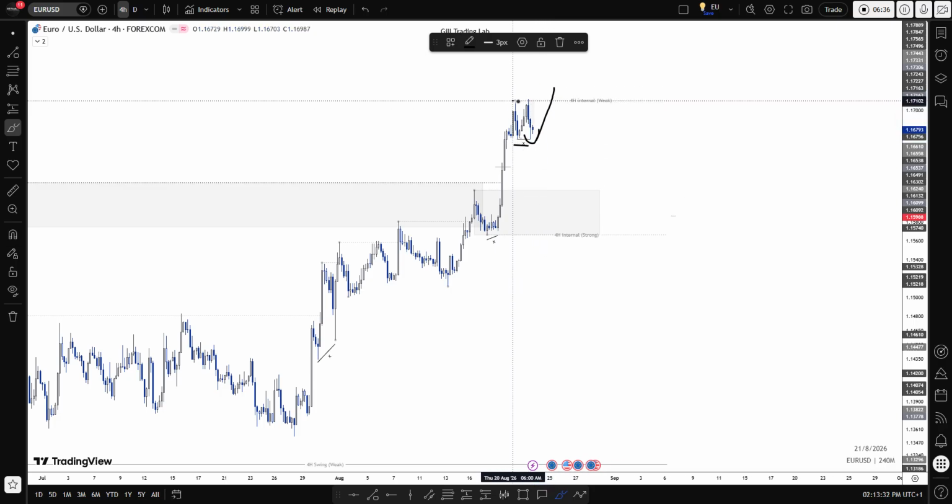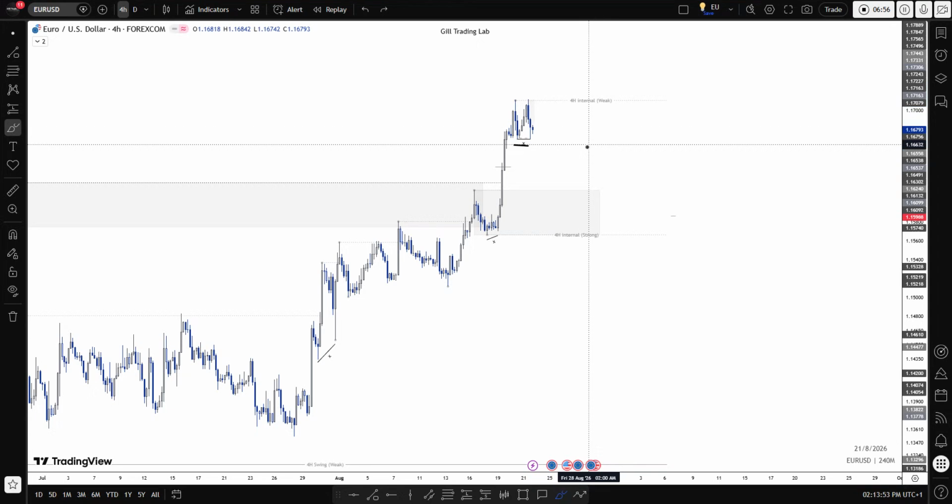So maybe the sweep of this low could be enough for the internal higher low to be formed, and then we could see price target the weak high. Maybe during the week we could see continuation of the leg, and after the internal break of structure we could see an internal pullback, then an internal higher low formed, and then the continuation of the internal trend. Or